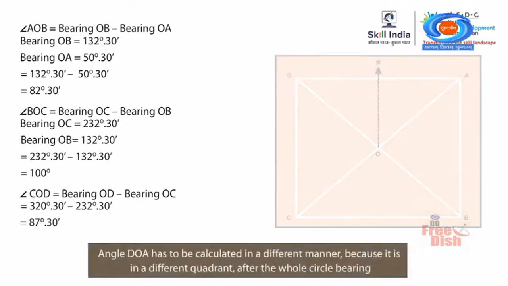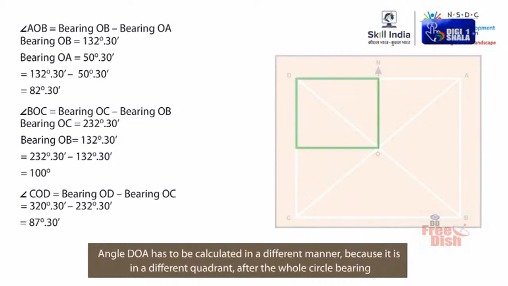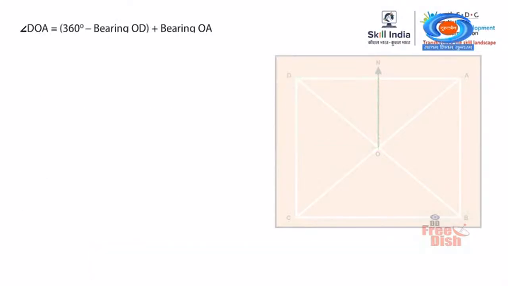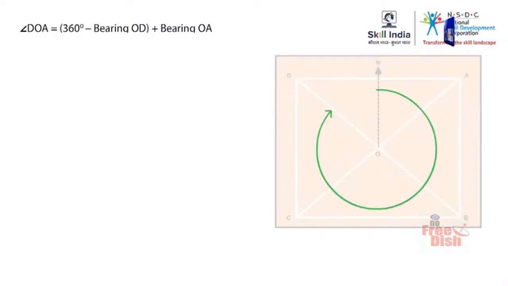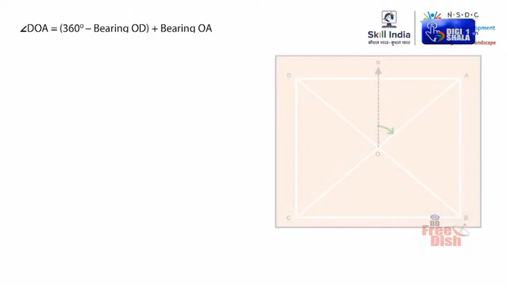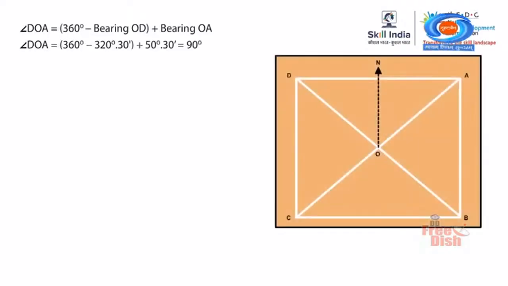But angle DOA has to be calculated in a different manner, because it is in a different quadrant after the whole circle bearing. So to calculate angle DOA, you have to use the formula. Angle DOA is equal to 360 degrees minus bearing OD plus bearing OA. So angle DOA is equal to 360 degrees minus 320 degrees, 30 minutes plus 50 degrees, 30 minutes,